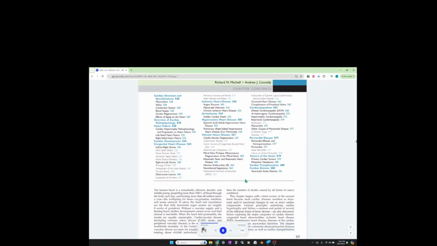Cardiac structure and specializations. Heart weight varies with body habitus, averaging approximately 0.4% to 0.5% of body weight. Increased heart weight or ventricular thickness indicates hypertrophy, and an enlarged chamber size implies dilation. Both reflect compensatory changes in response to volume and/or pressure overloads. Increased cardiac weight or size, resulting from hypertrophy and/or dilation, is called cardiomegaly.